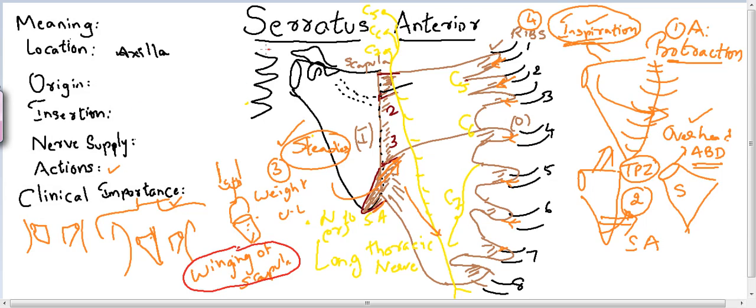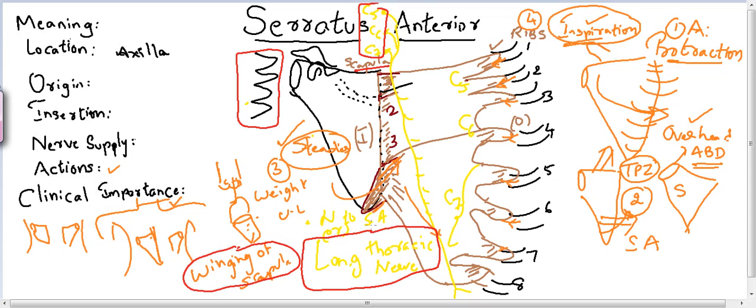Origin from the outer surface of the upper 8 ribs. Insertion to the medial border of the scapula costal surface by 8 digitations. Nerve supply from C5, C6, C7, the roots of brachial plexus, as a long nerve descending on the thorax, therefore called as long thoracic nerve,